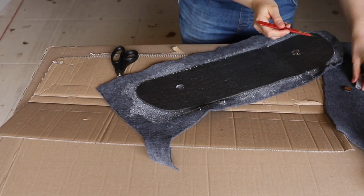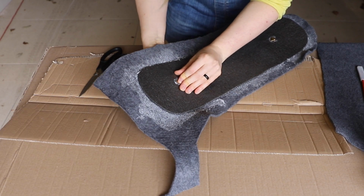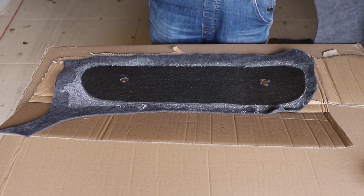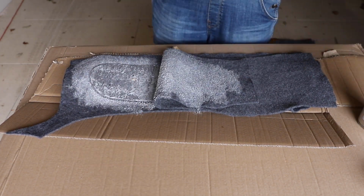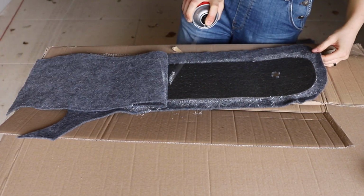I'm then using the extra foam circles to go back into the holes just to stop the glue from going through to the other side of the carpet because I don't really want that seen. I'll then just stick on the other side in the exact same way that I did the first side. So flipping open one side, sticking it down, sticking on both sides, and really paying attention to the seams to